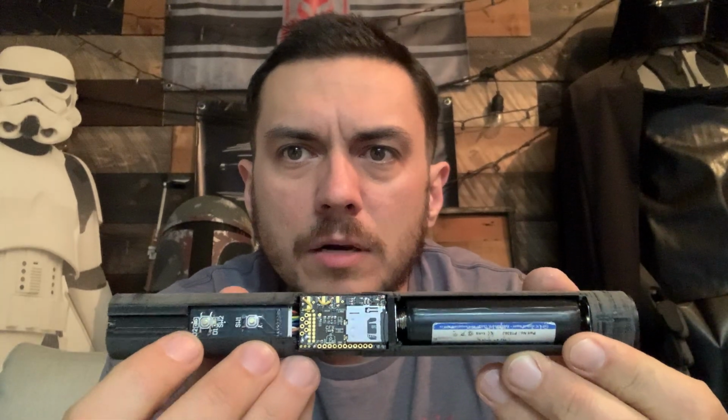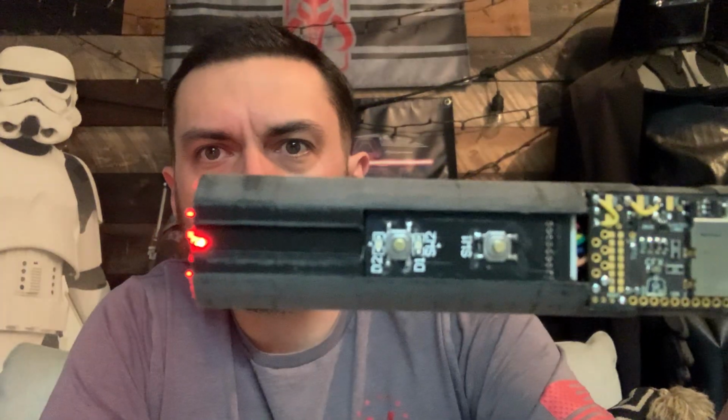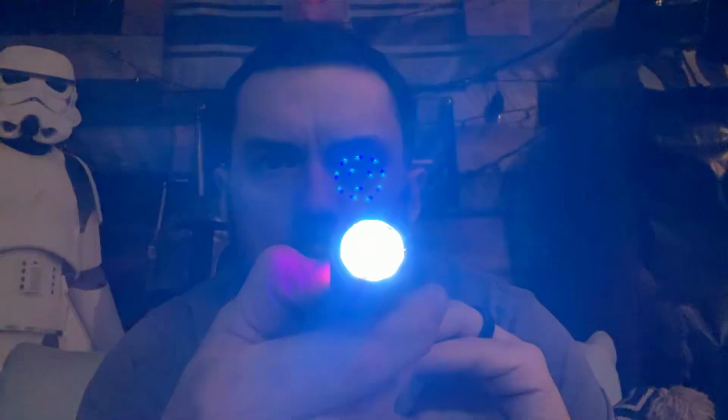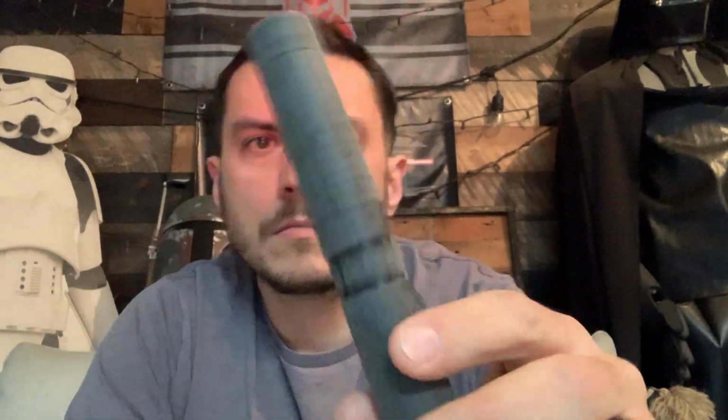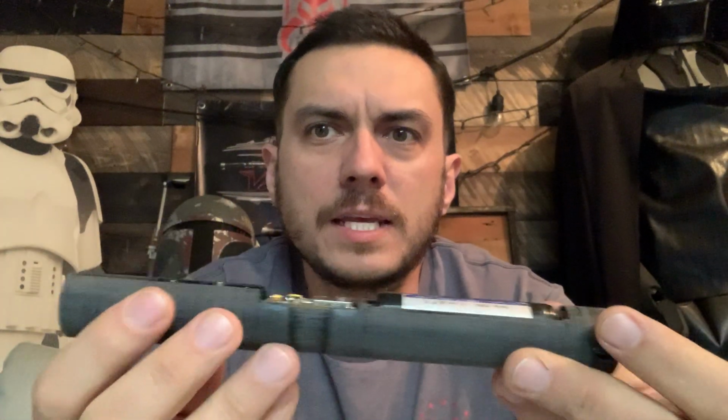So the front button is going to be your activation. You see you've got your red and blue LEDs working like they should. Your front pixel connector is all lit up like it should be. So we'll go ahead and turn that off. You see by itself, it's a completely working unit. So in order to get it in the hilt,